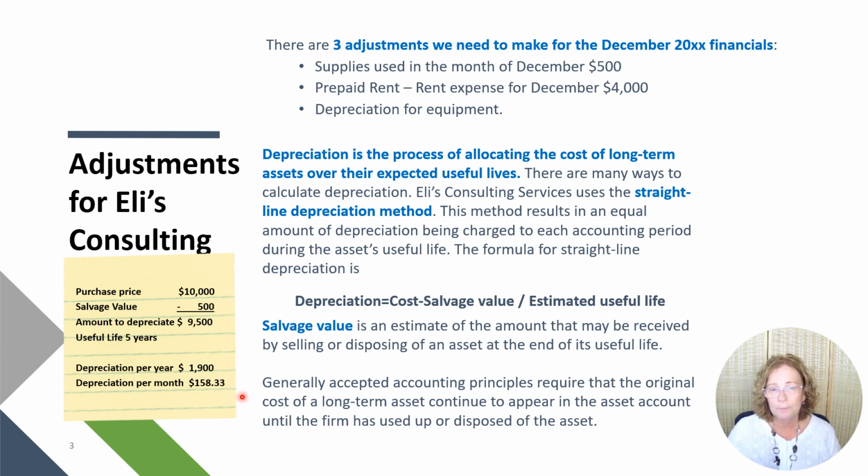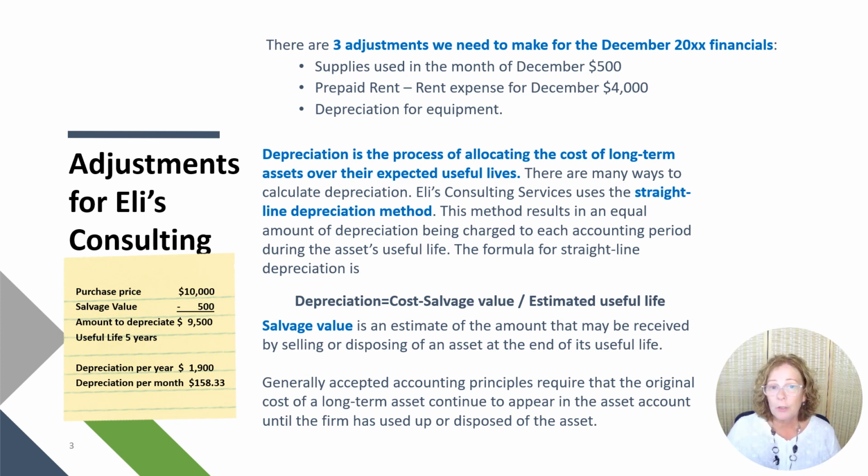or $158.33 per month. The system of recording the depreciation each month is supposed to reflect the decrease in value of assets over time. Is it an exact method? Not necessarily, especially if you think about how quickly a car loses its value in the first year. However, businesses do not want to check the value of their assets every month and then record the loss in value. So depreciation is a good method to reflect the decrease in value of assets that the business owns.